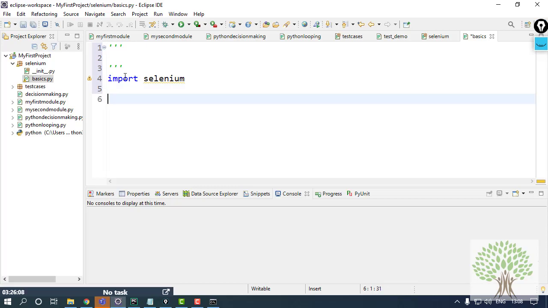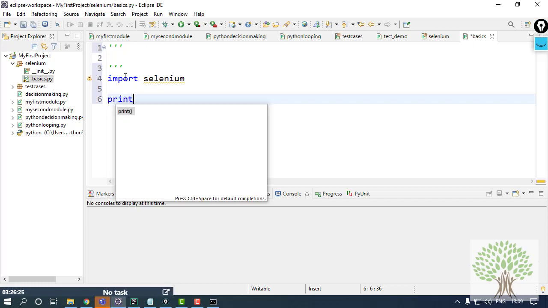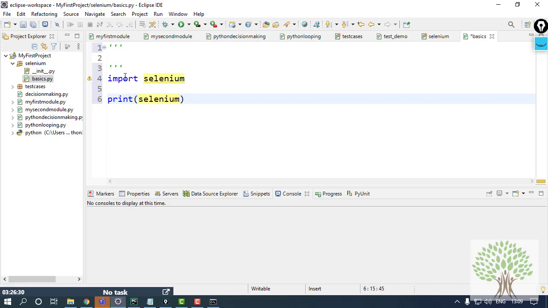I am not going into complex coding, like testing some URL on some browser. I'm just going to tell you how you have to configure it and write code. For example, I'll take a print statement. I'll say print selenium dot.